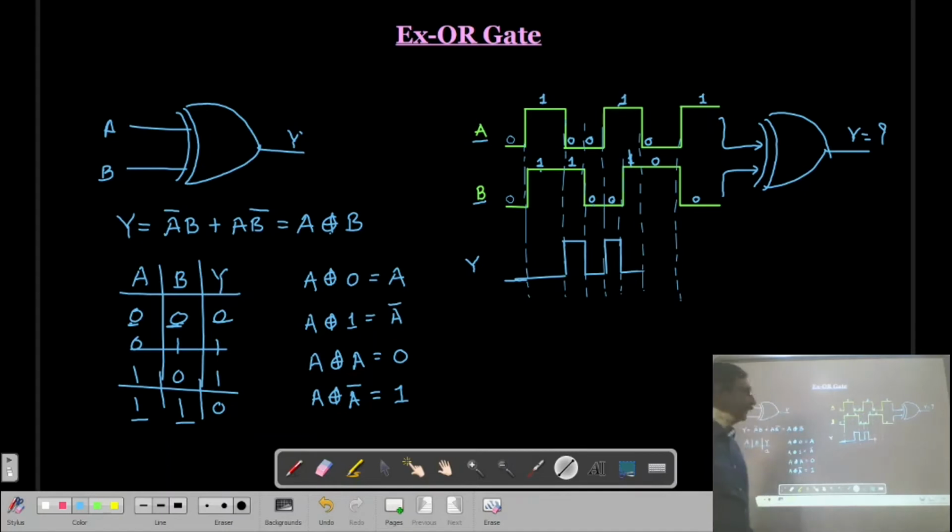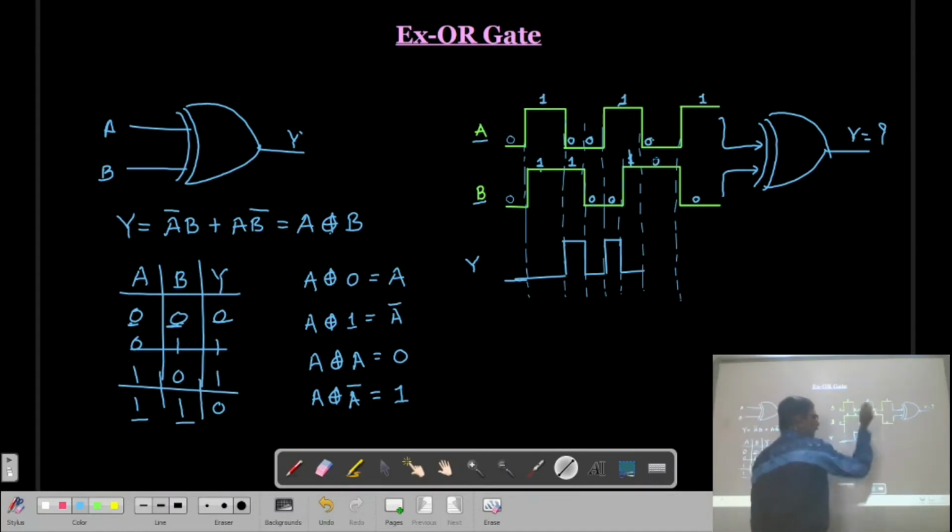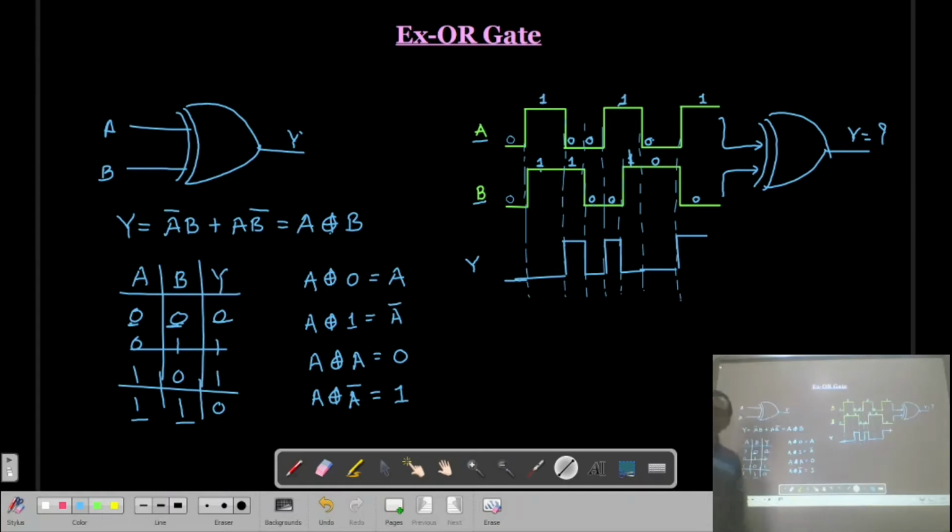Correct? Then in the next combination, 0, 0 will also produce a 0 output. Then we have the 1, 0 combination, which will produce a high output. So in this way, using the truth table, you can draw the waveform of the exclusive OR gate.